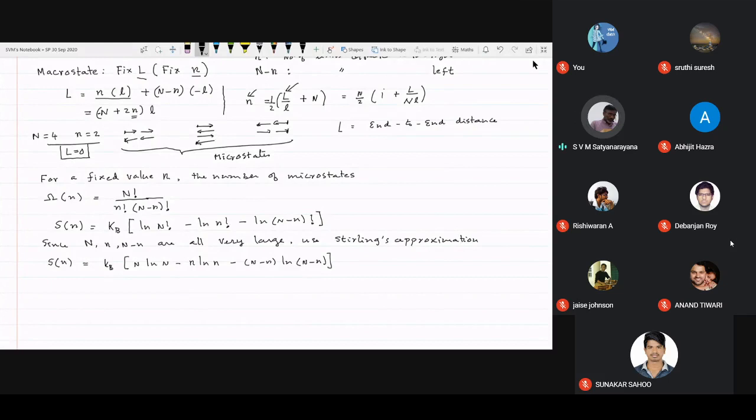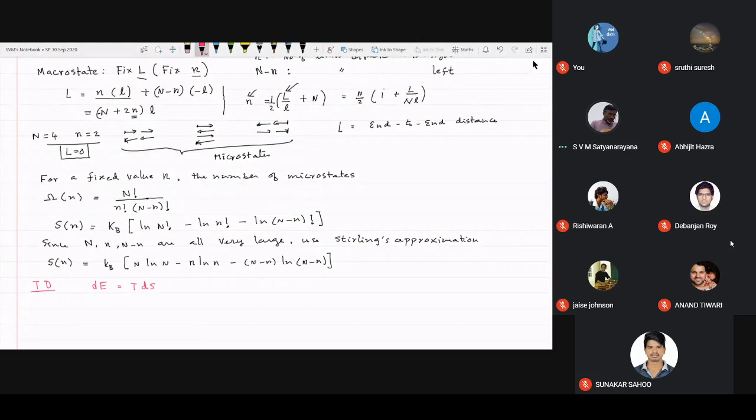Now let us try to... So this expression is not that useful because we have to do thermodynamics. So let us go to thermodynamics and let us do some thermodynamics here. You know that the first and the second laws of thermodynamics will tell you that dE is equal to T dS, and then there is a work done.